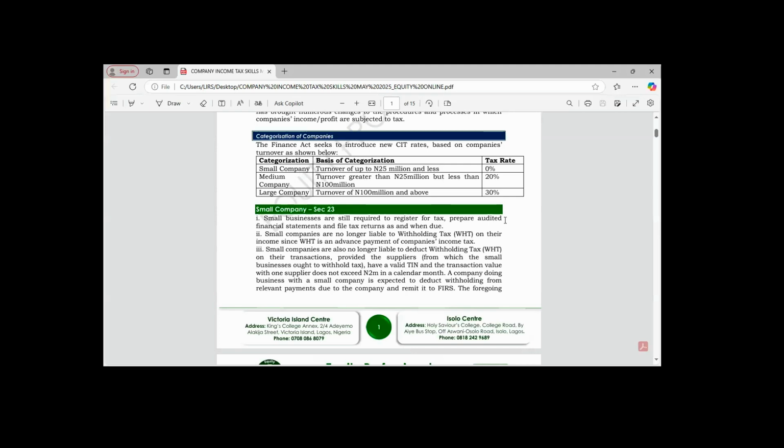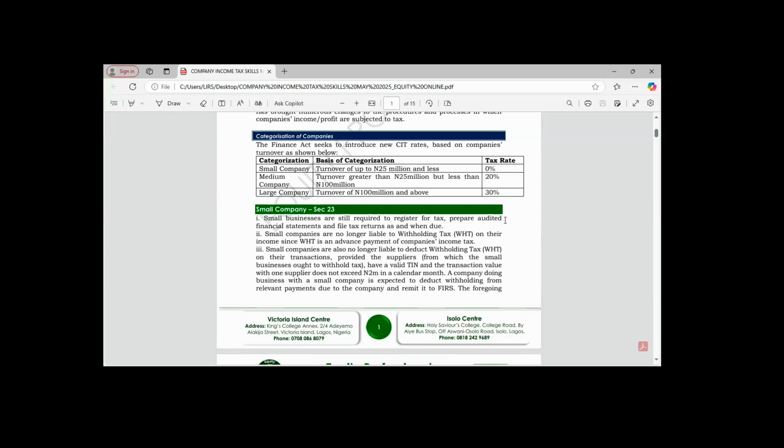Failure to file return and register for tax is an offense which is liable to penalty and interest. Then as a small company, you cannot deduct withholding tax. You are not liable to deduct withholding tax, but there is a condition attached to it, provided that the supplier you are dealing with has a valid TIN, and the transaction amount does not exceed 2 million naira